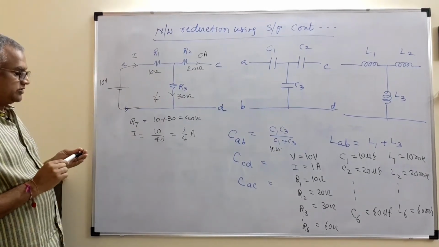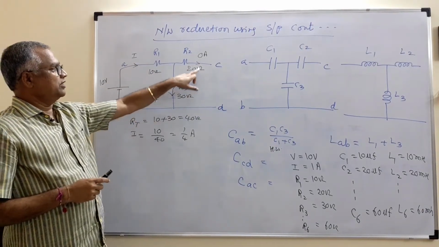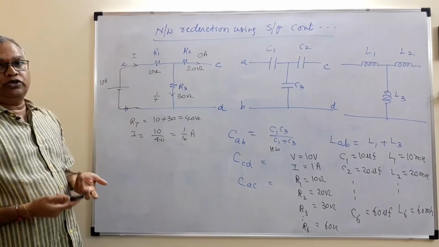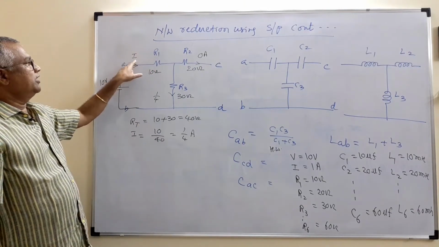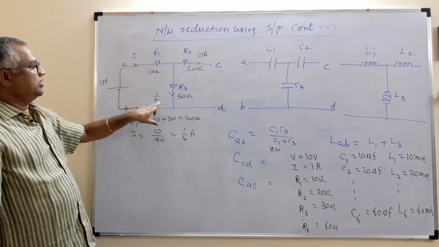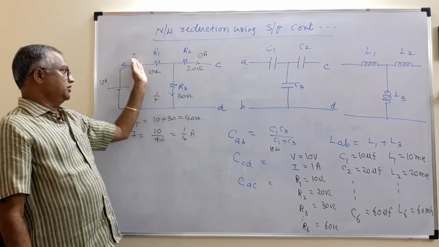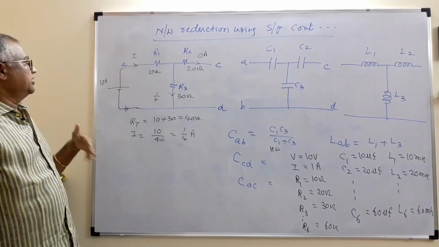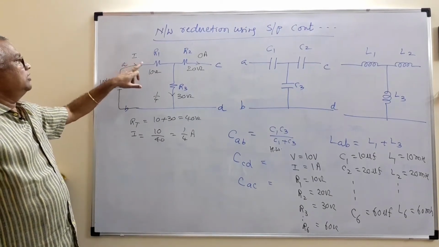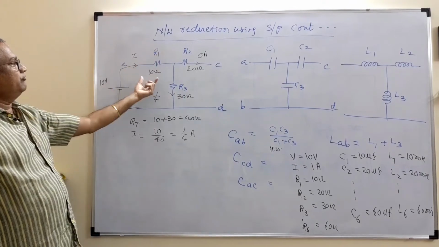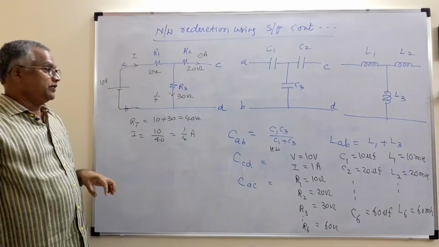So like this we can answer current. The current here is 1 by 4, here 1 by 4, and here 0. If the current is known, you can find the voltage drop, that is current into resistor. Multiply current into 10 and you get the drop here. Current into 30 gives the drop here. 0 into 20 is anyway 0. Like that you can find voltage. Then you can answer power. Power is voltage into current, or I square R, or V square by R. Like this you can find power.